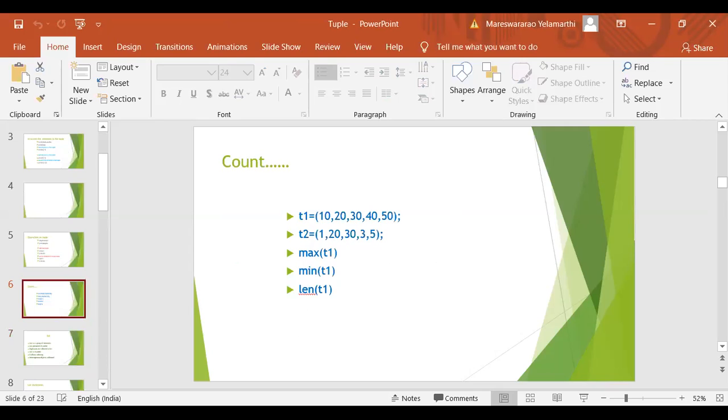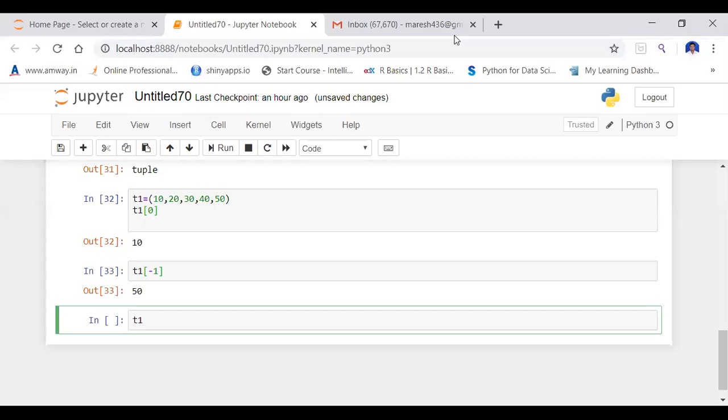So let me execute in my Jupyter notebook. My T1 is equal to 10, 20, 30, 40, 50, 60, and 90.